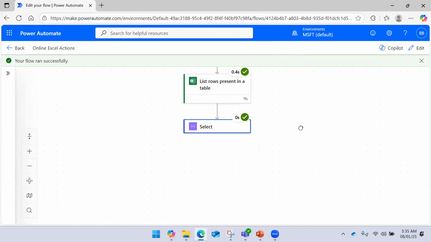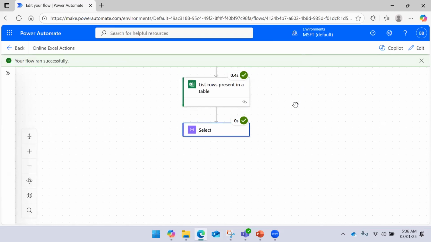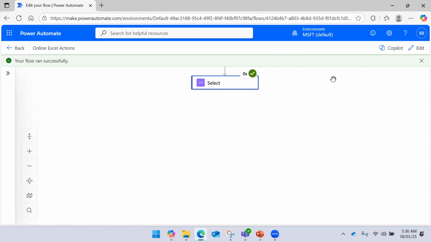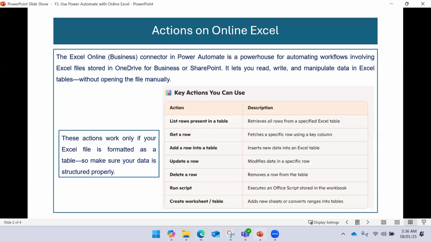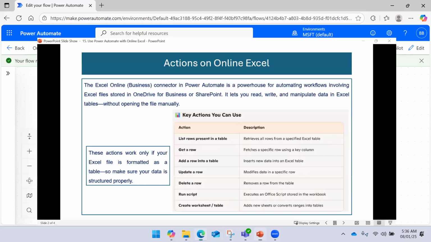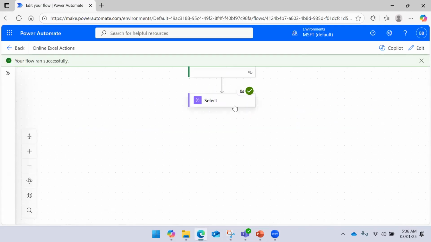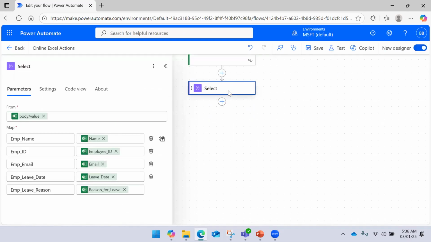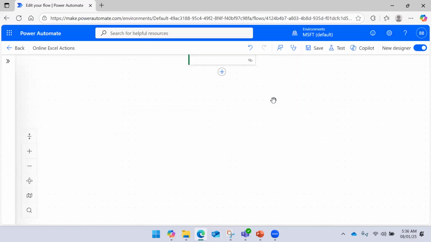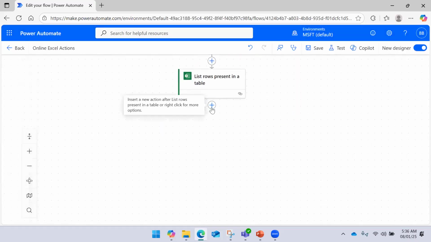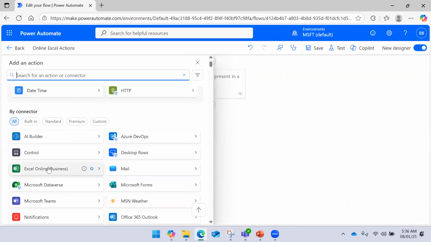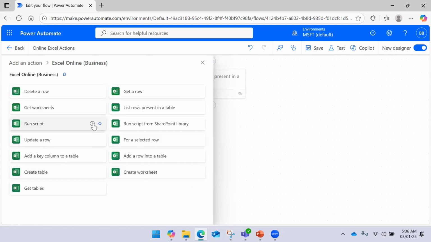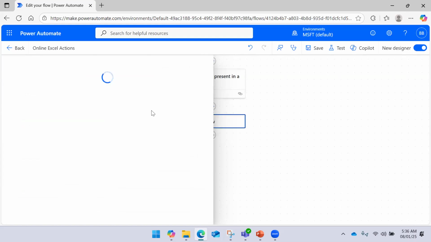We are able to read the data from the list rows present in a table action. Right. Then next action is get a row. If you want to fetch data for a specific row, right? I just wanted to show you this. Otherwise, there is nothing to do with this action. Let me say select, and I wanted to get only a row from specific Excel, right? So you can use this action. So if I say get a row,